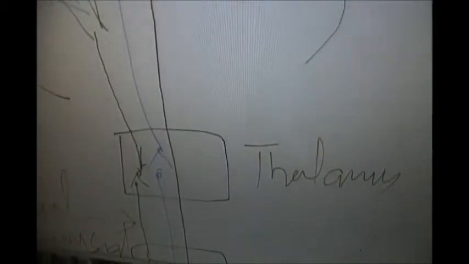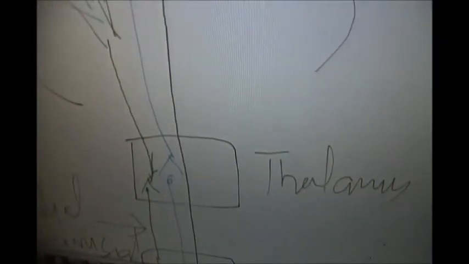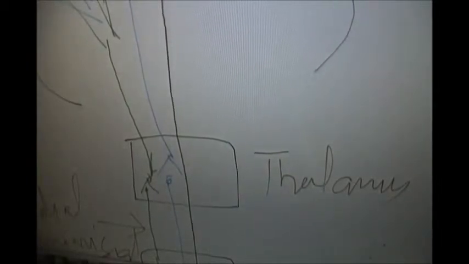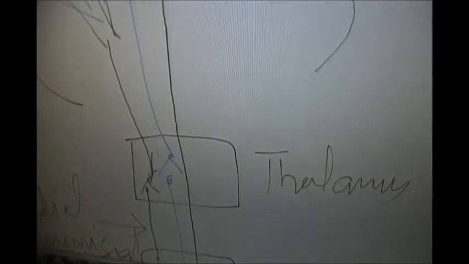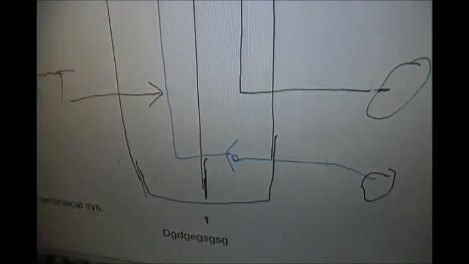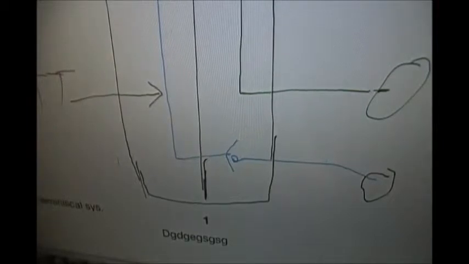The thalamus is the great sensory relay station. All sensory fibers relay there, but it doesn't mean that it doesn't have motor fibers. It does have motor fibers as well. The first order neurons are in the dorsal root ganglia at all levels, and they project to the spinal cord, and then the second order neurons are found in the dorsal horn